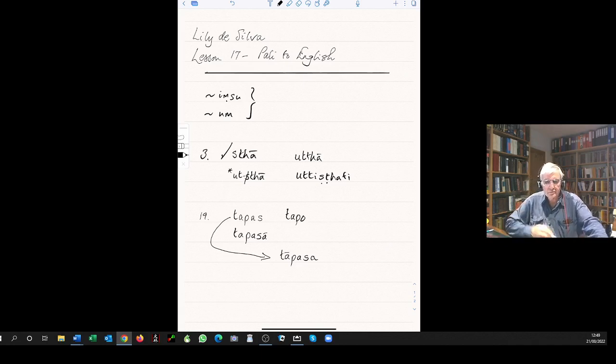Number 20. Luddakena saddhim vane ahindante putte amantitva kasaka akkusimsu. Kasaka, the nominative plural of kasako, a farmer. So kasaka akkusimsu, the farmers scolded,